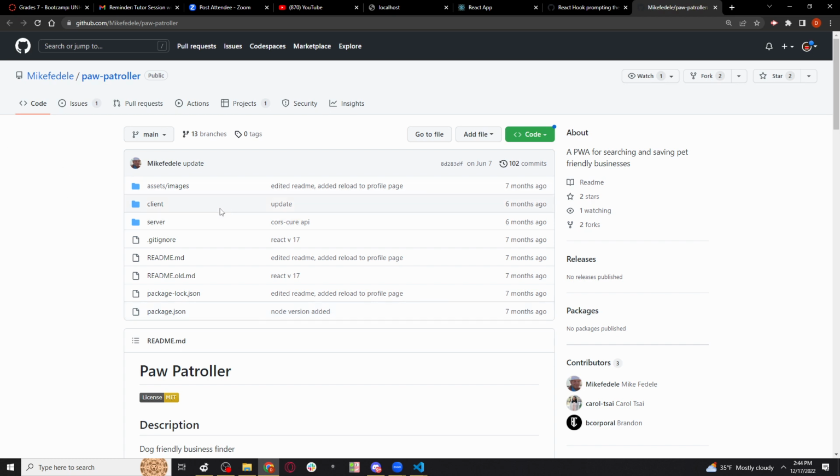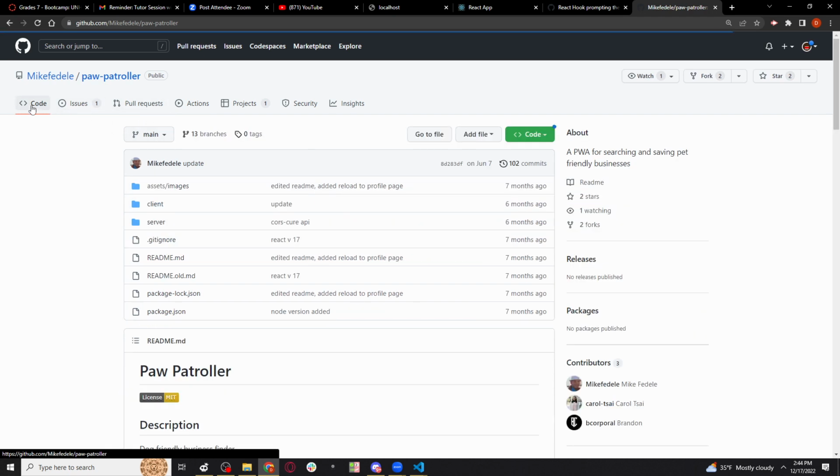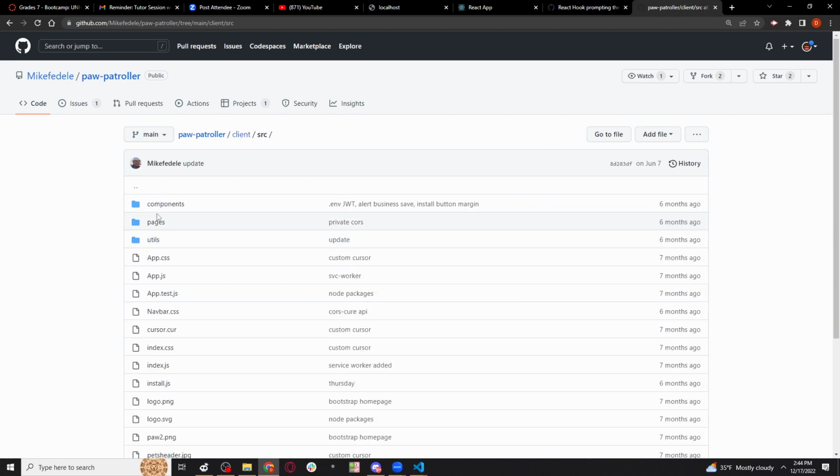So this right here is his button click. All right. So go to the client, sorry. Go to code, client, and then source and then install JS, which is in the root,